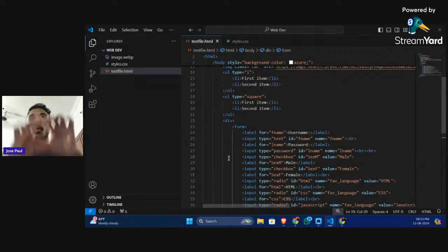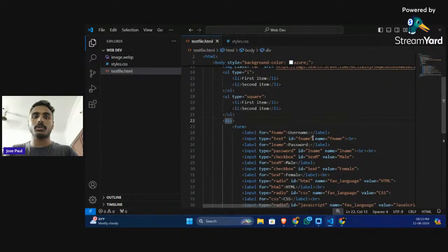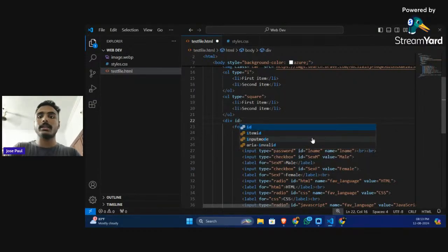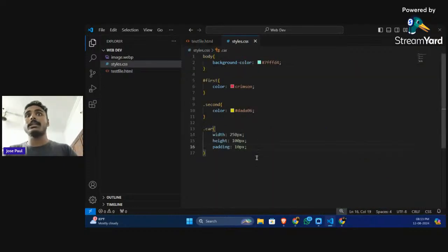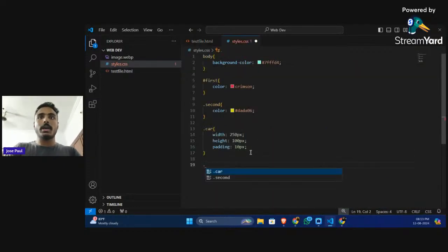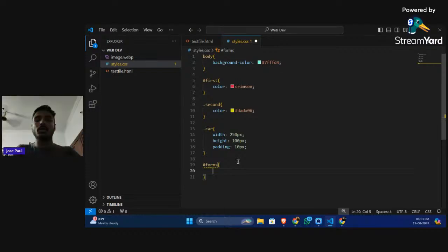For that I am going to use a class, or let's give it an ID. It's called form. This is the name of the ID that I have given. Copy the ID name, go into your styles CSS file. Since it's an ID, don't forget to mention it with the hash. Hash means you are targeting an ID. Then give the name of the ID. We open the curly brackets. Now we are going to give it a